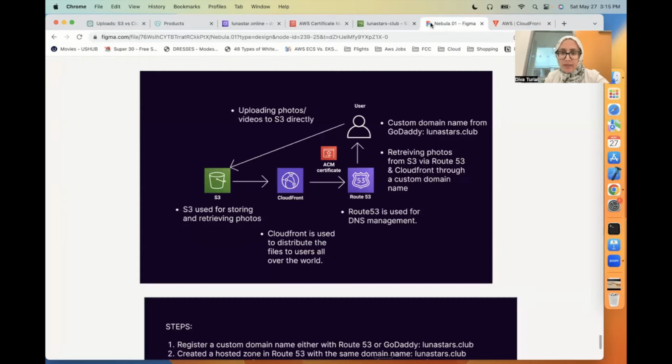And then if I go back, I'm adding a custom domain name. For example, I don't want to provide a CloudFront domain name. Whenever I create a CloudFront distribution, I also get a domain name. I don't want my user to go to the CloudFront domain name. I want them to go through my custom domain name. So what I did was,